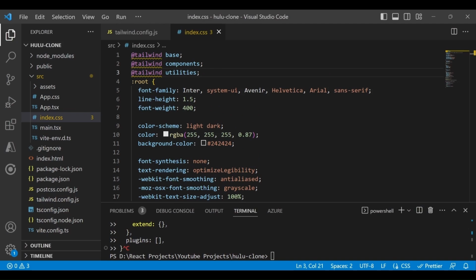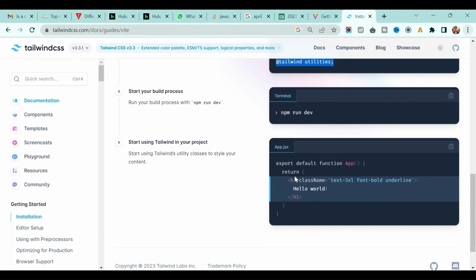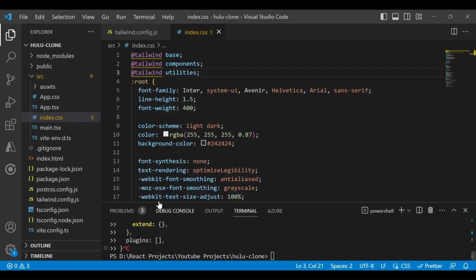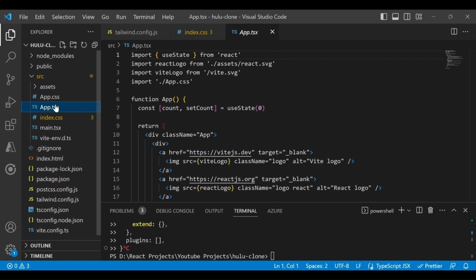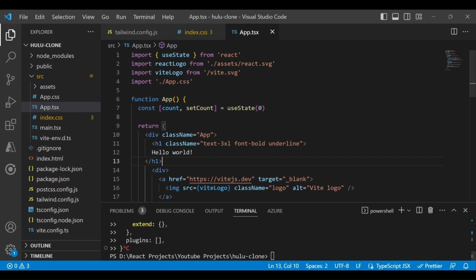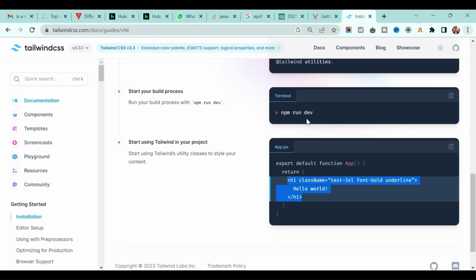Okay. After that we have to run the project. Just in order to make sure that Tailwind is integrated, I will use this sample line of code in the App.tsx file, and here I will add it like this. Okay, and just run the project.